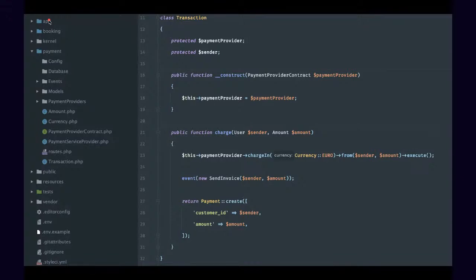The clear answer here is that in the future we are thinking to isolate our code as much as possible. And right now we have not isolated it. We have put it in one single big repository. And if it is in a single repository, it has not been isolated and it is working as a package or a library. It is not really a domain. So it needs to be extracted and work independently as much as possible. So once we do that, we need to go inside the domain of app or booking and start finding everything that needs to be replaced by the facade corresponding to the payment,